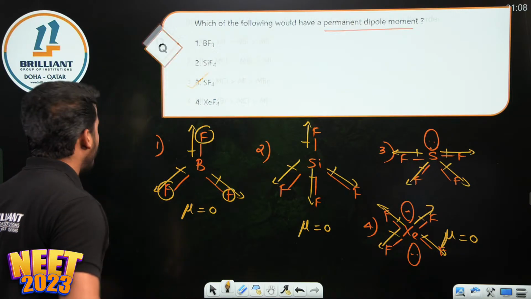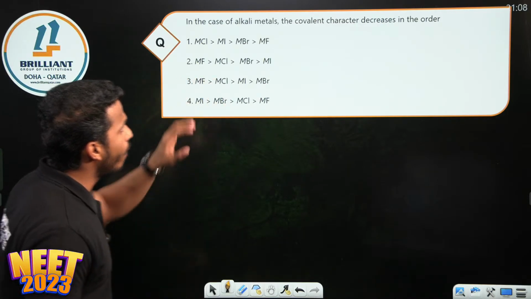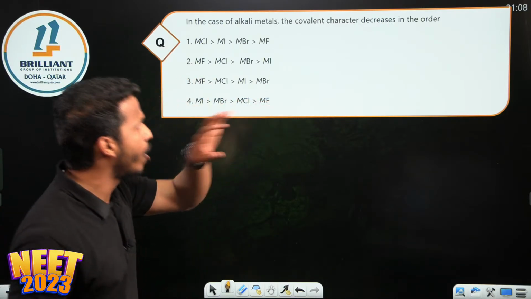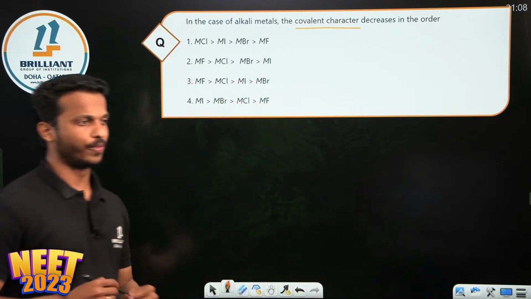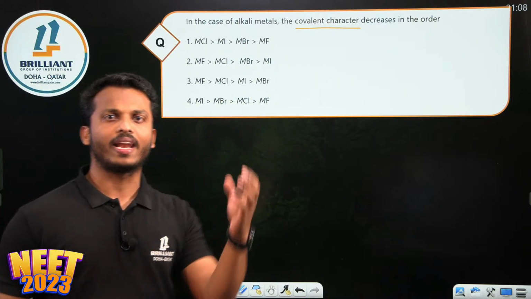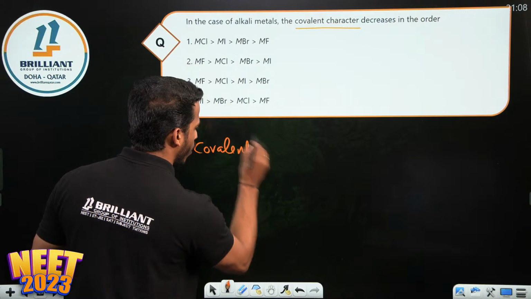All right. Question number 2. In the case of alkali metals, the covalent character decreases in the order. Can you tell me what is the order of the covalent character? Come on, all of you. Which one has covalent character? Covalent character is explained by